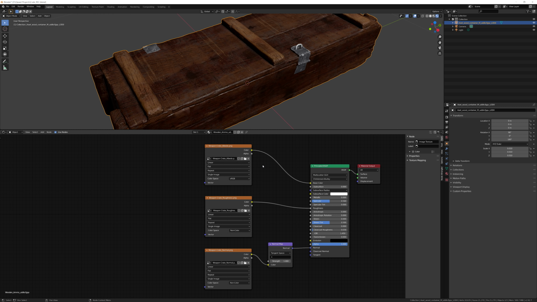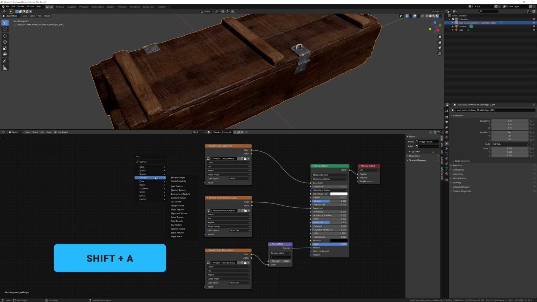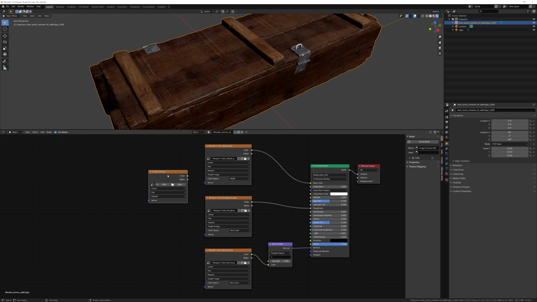And if you remember, we've actually exported one other texture map, that's the metalness map. And that map is going to help us guide the shader editor to know which parts of the crate are metal or non-metal. So to add a whole new texture altogether, we could either hit Shift A and then go down to texture and then go down to image texture, and that'll bring up a whole new image texture box, just like these other 3. Or we can simply duplicate one of these textures.